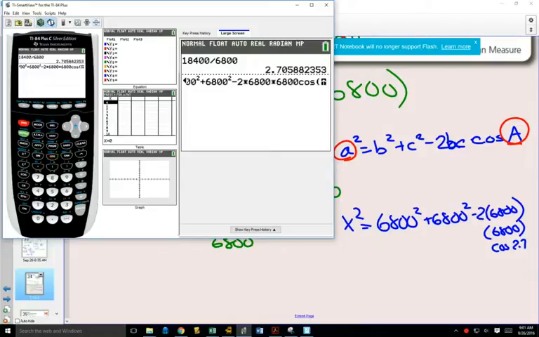So I'm going to go second answer because it's going to take my answer from above and put it right in there. What I get is an answer here, which is